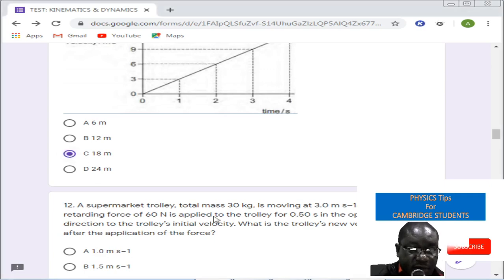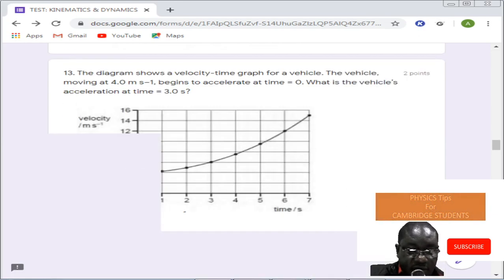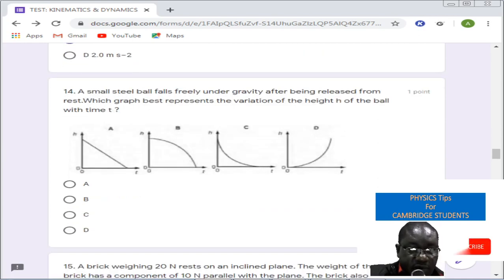C. Number 12 we said that was a C. Number 13, that's 1.3. Number 14,